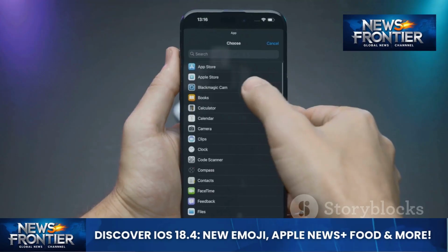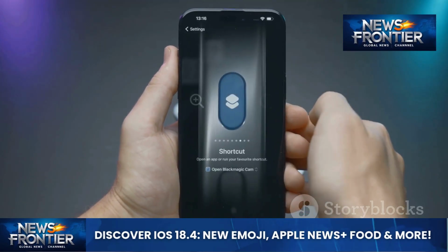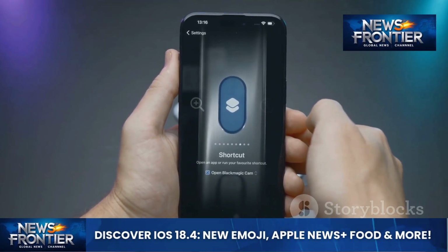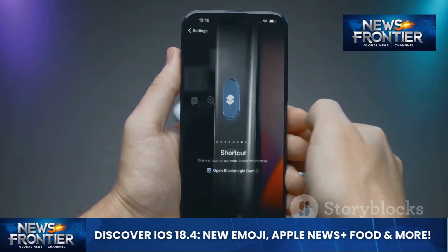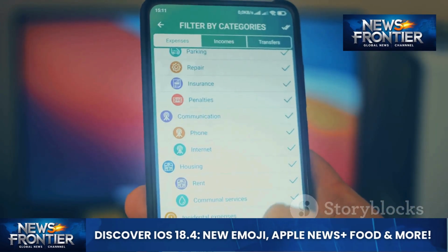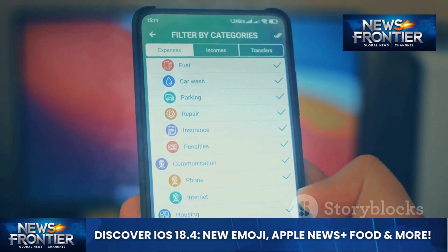We're used to setting defaults for things like browsers and email, but now iOS 18.4 is taking it to a whole new level. We're talking about changing the default apps for even more categories, giving you even more control over